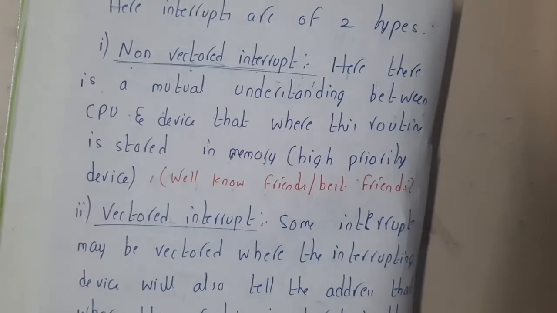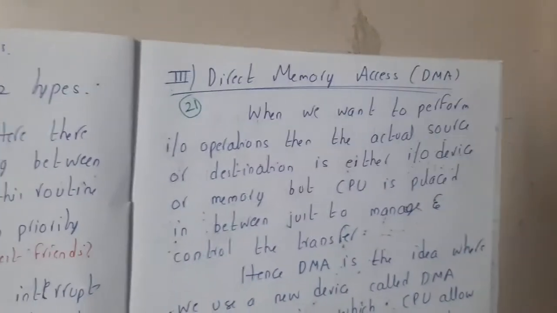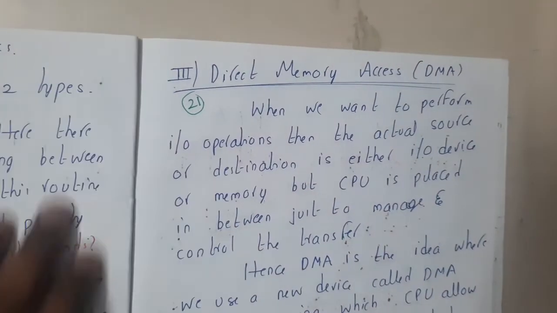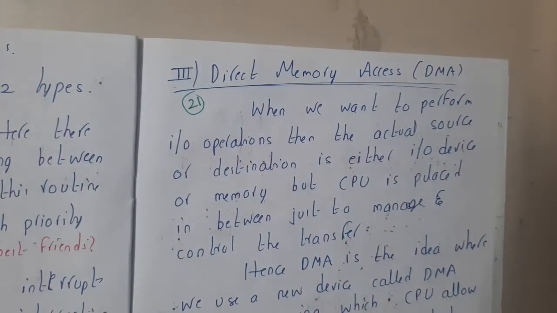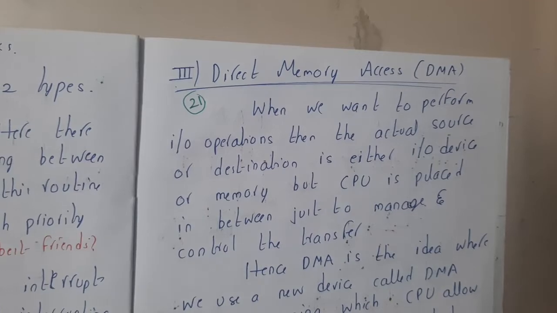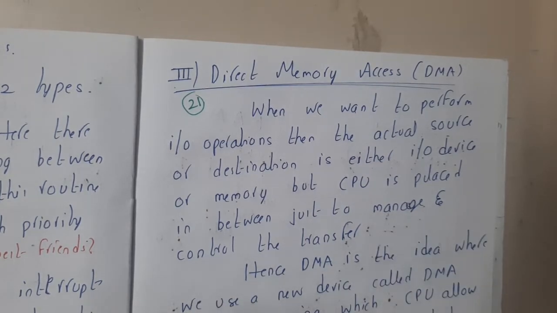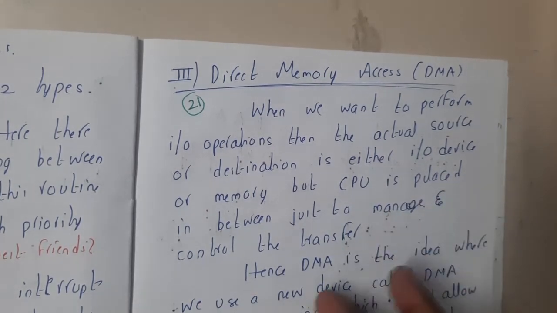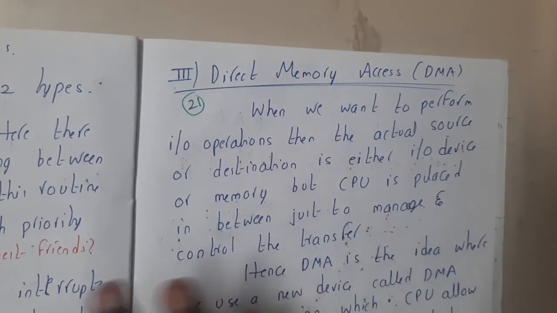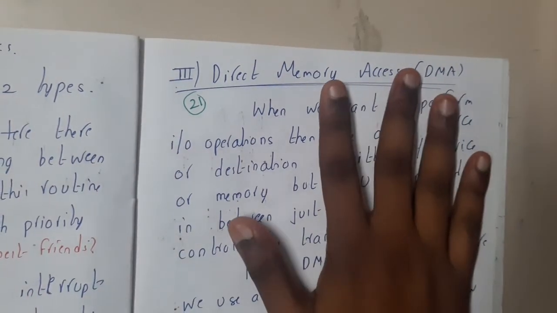Now I hope everyone got a clear idea with respect to this interrupt initiated method. In the next lecture, let us discuss a direct memory access method that is popularly called DMA. Till now, whatever we have discussed about input output, there may not be any numerical questions. There could be some theoretical questions, but mostly not numerical. All the numerical questions from input output will mostly come from DMA only.